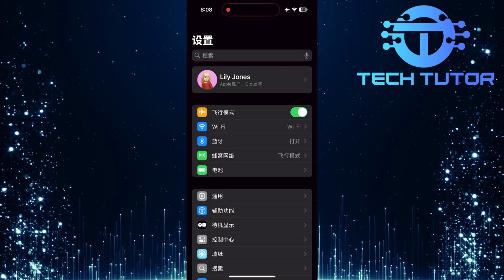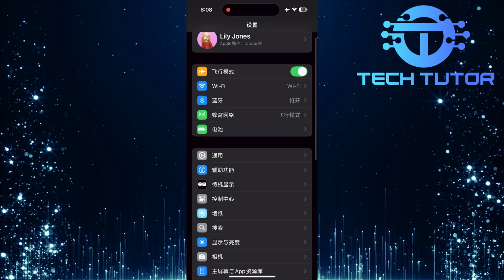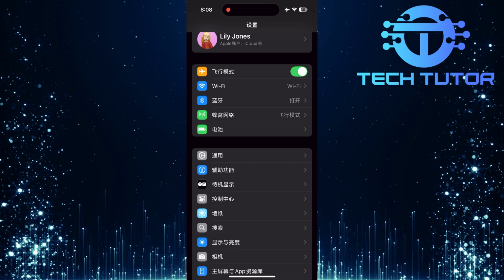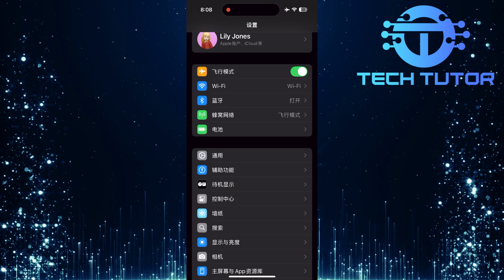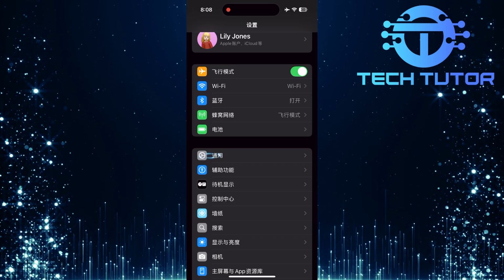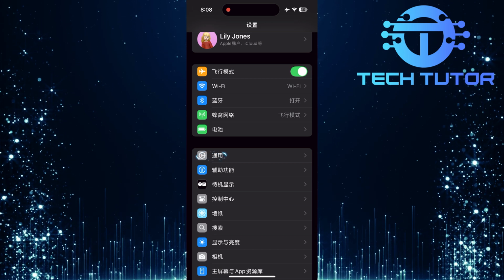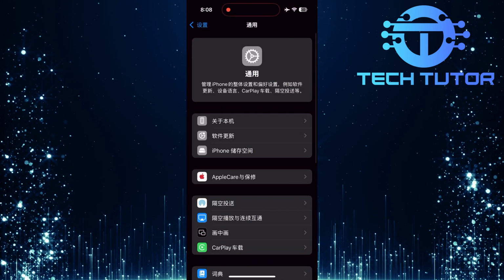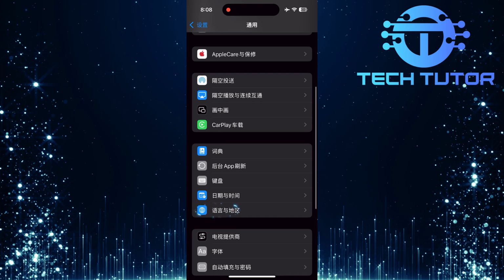Now that you're inside the Settings app, scroll down a bit. Here, you'll see several options listed. Look for an option that also has a gear icon next to it. This is the General Settings. Tap on it. In the General Settings menu, scroll down a bit, and you'll see an option with a globe